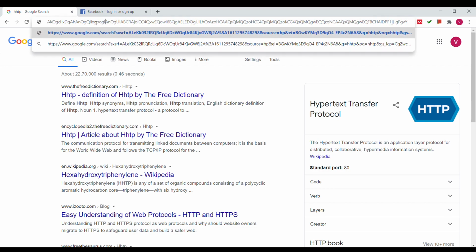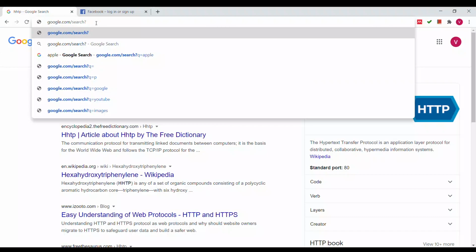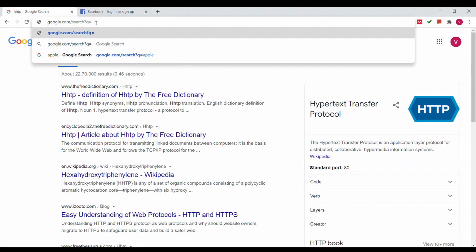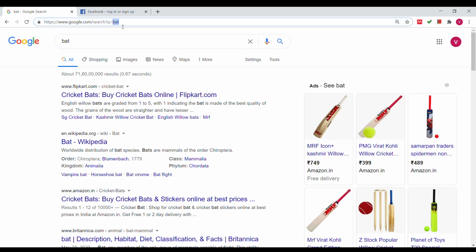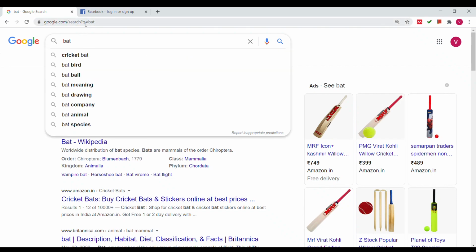Now we may also fire a query directly. If you write q is equal to, and after the query you give the word bat, here you can see now we have the results for bat. So what we are doing is we are simply passing the extra information that we want to give to the server which is related to our request. We are passing those parameters in the query itself.